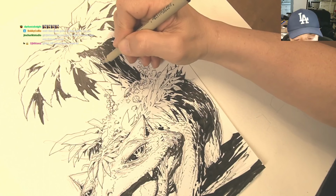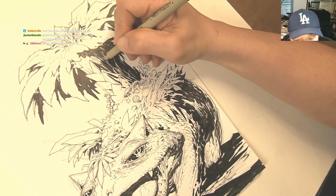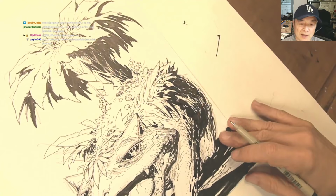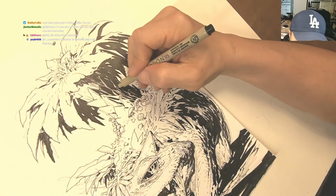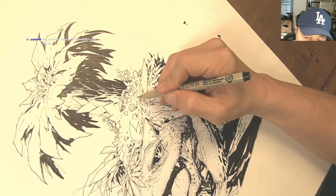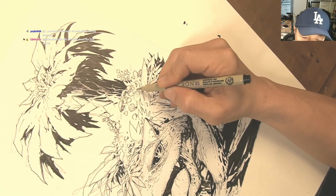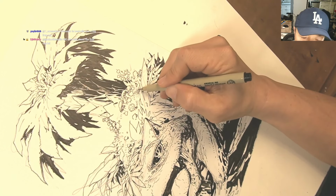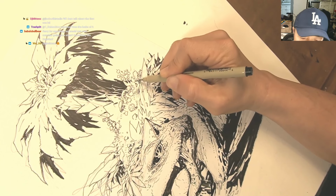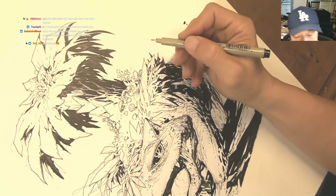It just prevents it from being a very contrasty, pure black and white piece. It introduces a lot of grays, right, which add nuance. People seem to like that. Nuance. If you don't know what that means,